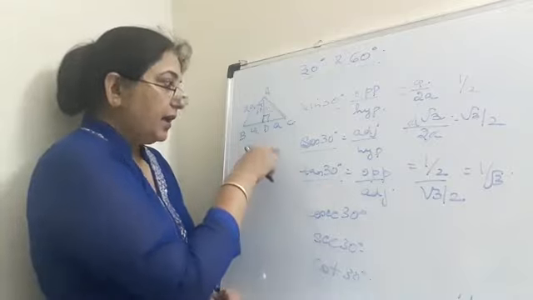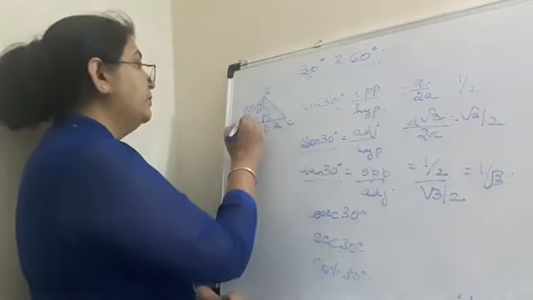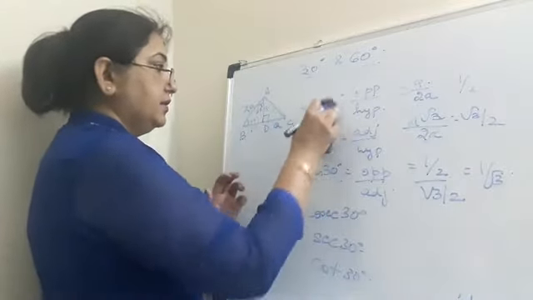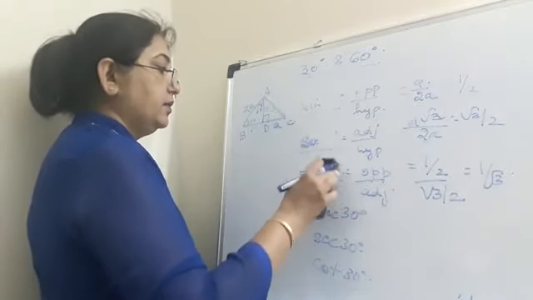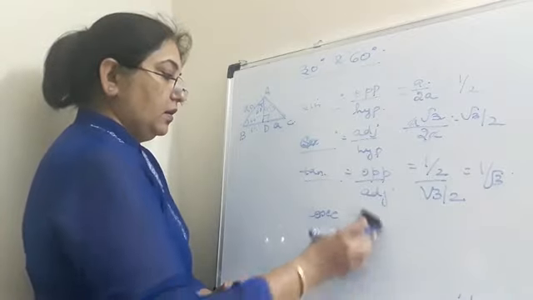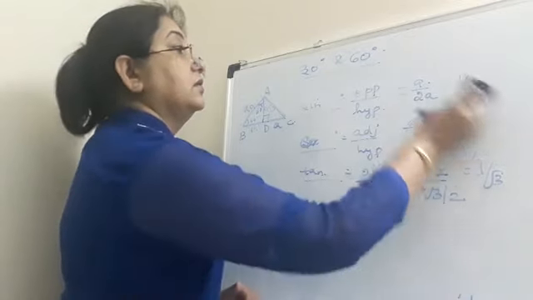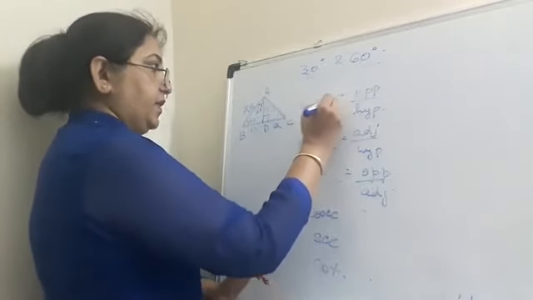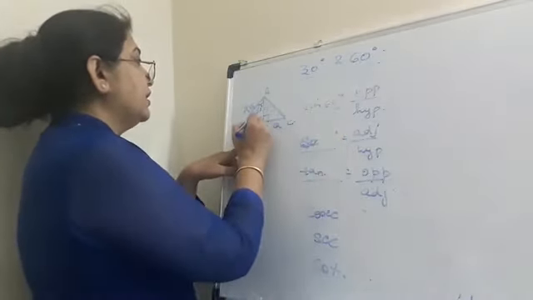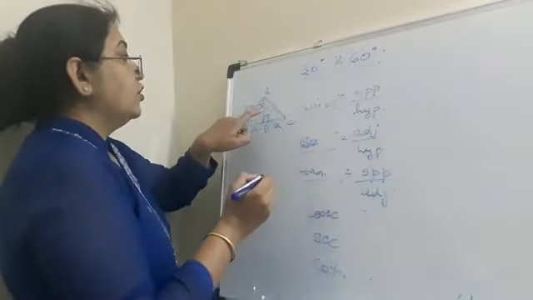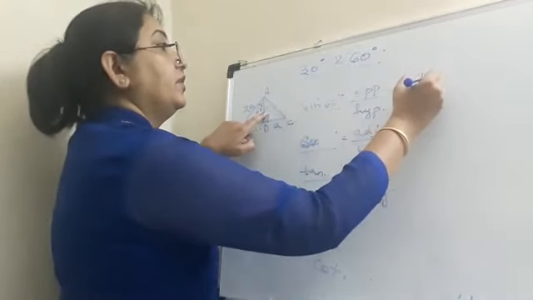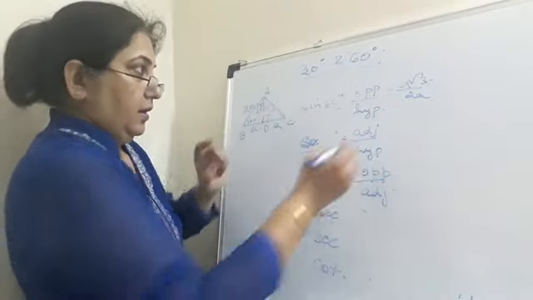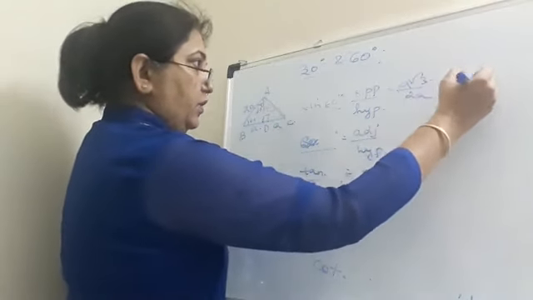Similarly, from the same diagram we can find for 60 degree, as this is 60 degree. Okay, so I am rubbing the angles here. Ratios I am not rubbing, because now I will get sine 60. If I take sine 60, this is 60. For 60, this is the opposite side, that is A root 3 upon 2A. Okay, this will cancel, root 3 by 2.